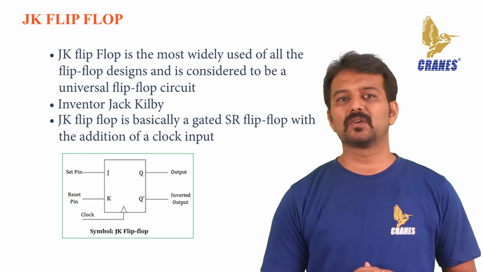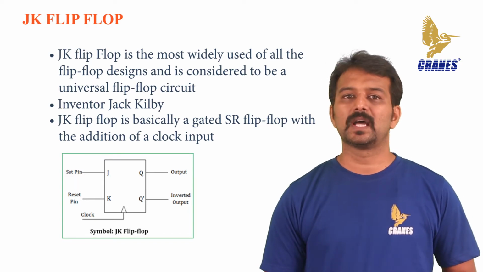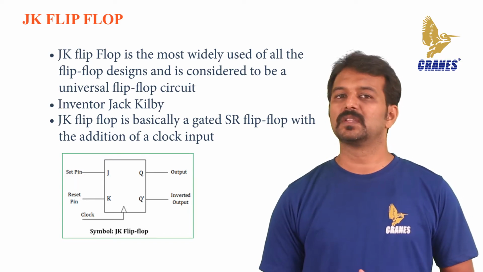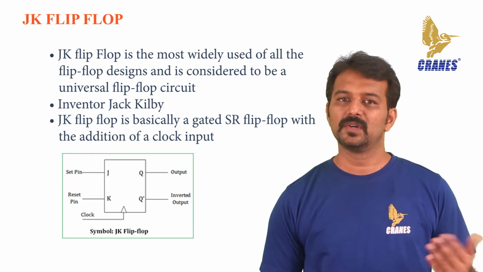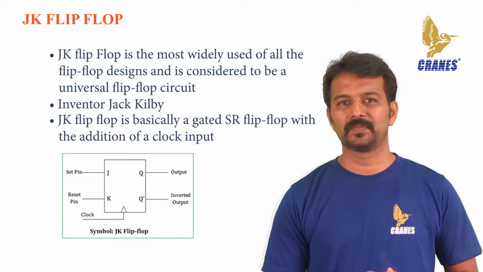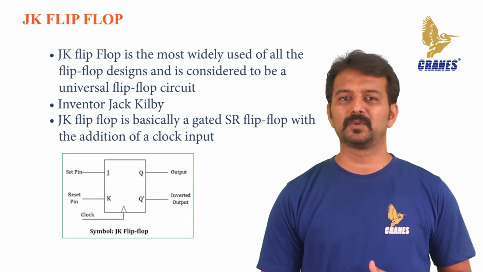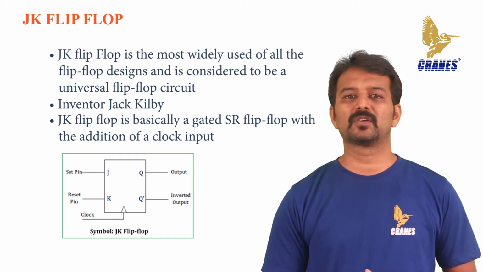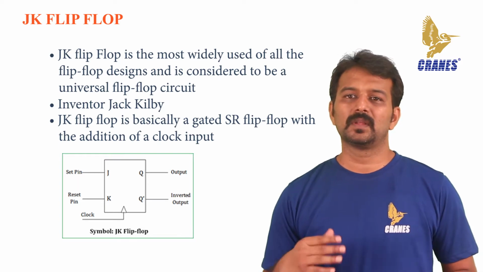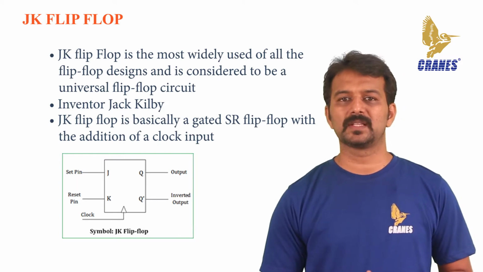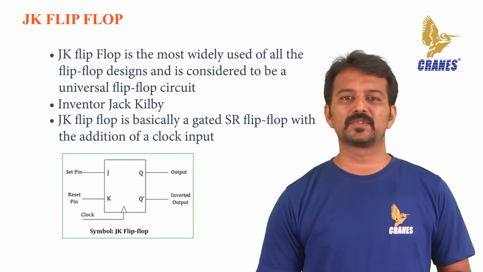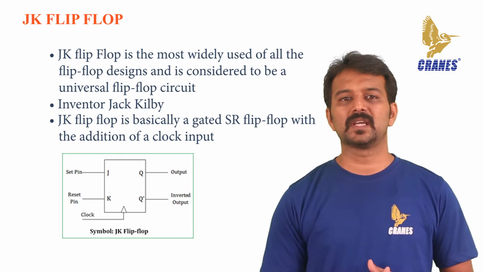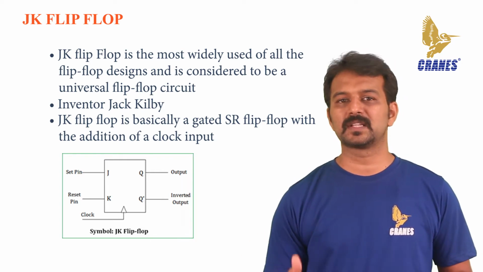Due to this additional clocked input, a JK flip-flop has 4 possible input combinations: logic 1, logic 0, no change and toggle. The symbol for a JK flip-flop is similar to that of an SR bistable latch except for the addition of a clock input. The behavior of the inputs J and K is the same as the SR inputs of the SR flip-flop. The letter J stands for set and the letter K stands for clear.